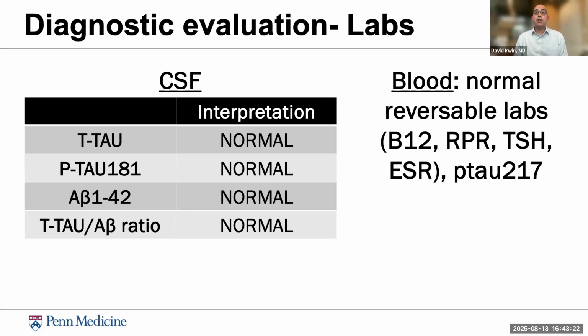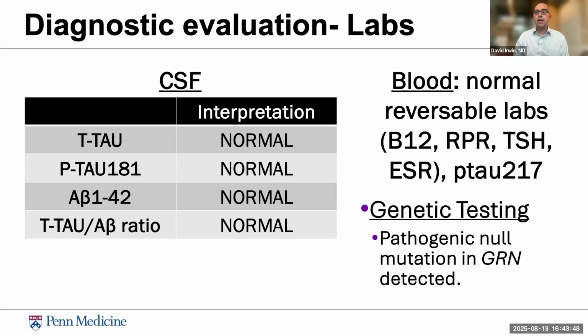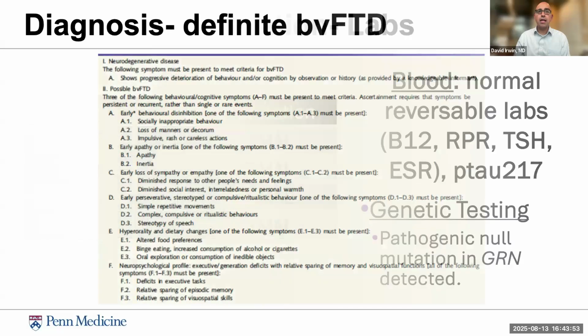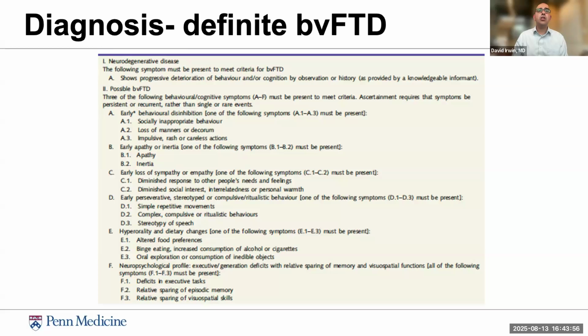After a detailed discussion with the patient and family as part of the initial diagnosis and concern for suspected or possible behavioral variant FTD, before getting the imaging, and the family history, genetic counseling was discussed, and the family and patient decided to pursue genetic counseling, ultimately genetic testing, and in this case, finding a pathogenic null variant in the progranulin gene. So to review our diagnostic criteria, this patient showed a progressive change in behavior and cognition.